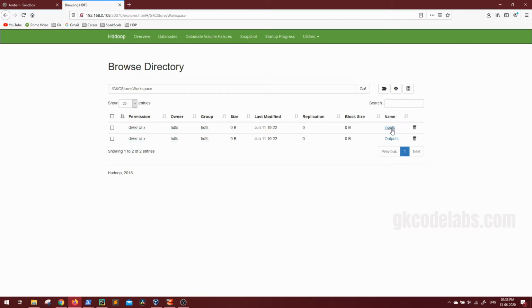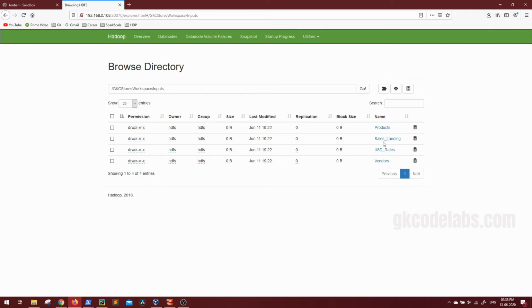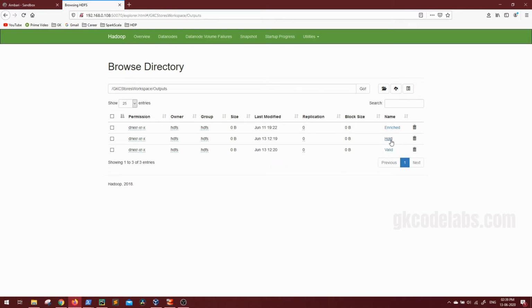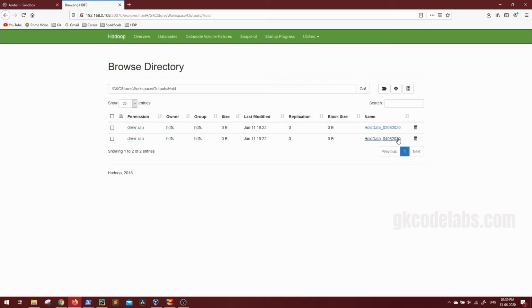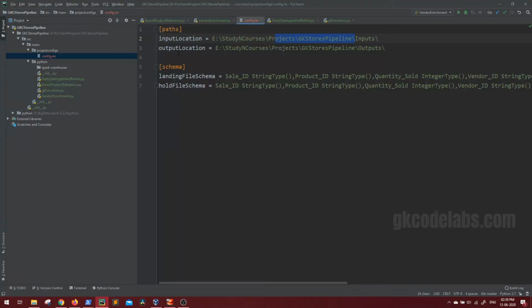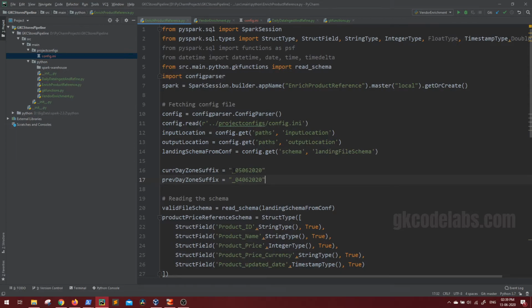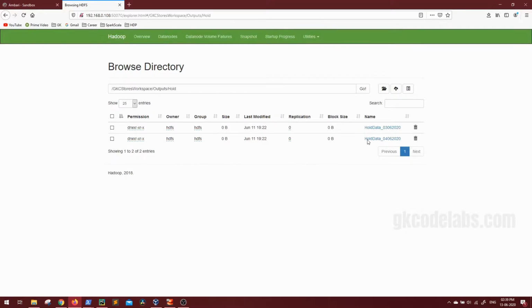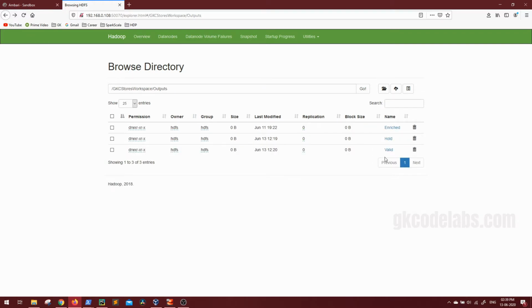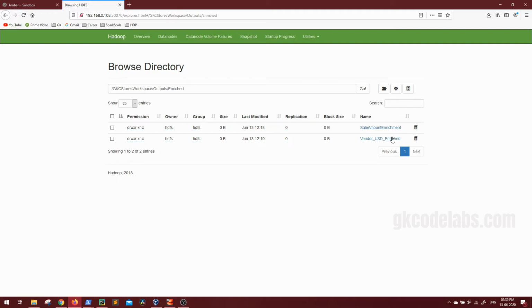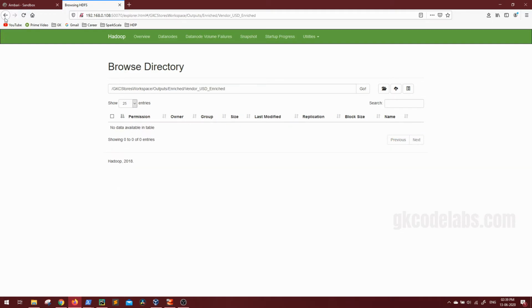You can see inputs and outputs. Inputs have all the sales landing USD as we have there, and outputs you can see all three directories. We had a few runs in my local, so I had the same directory here when I pushed. So it's fine, as currently we have mentioned the current day's prefix as 5/6. You can see till the 4th we have, it's fine. Same is for valid, we have data till the 4th. So the 5th run we can still execute. In vendor enriched, we don't have anything, it's fine.